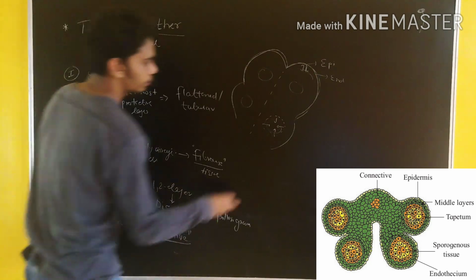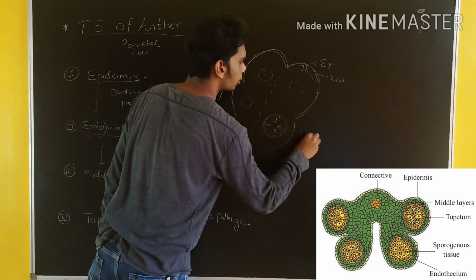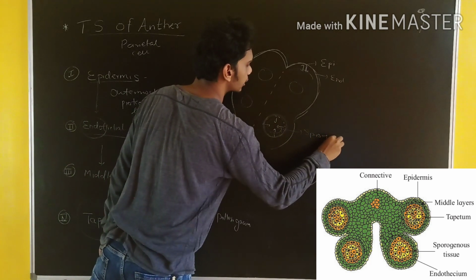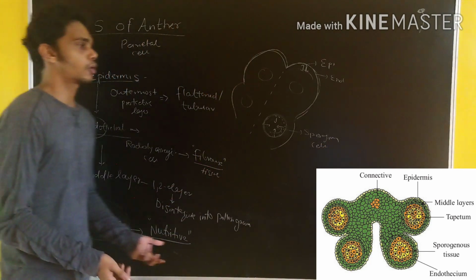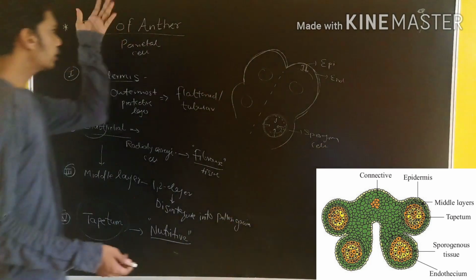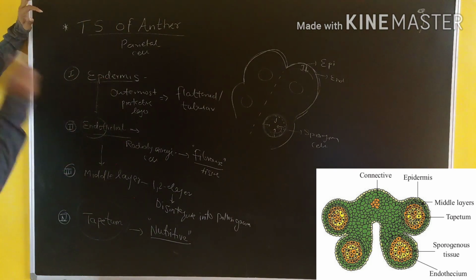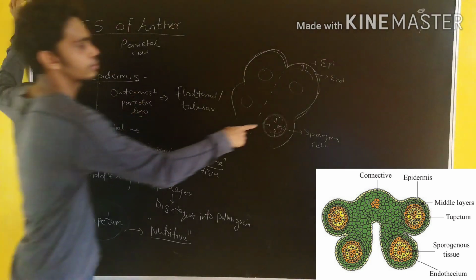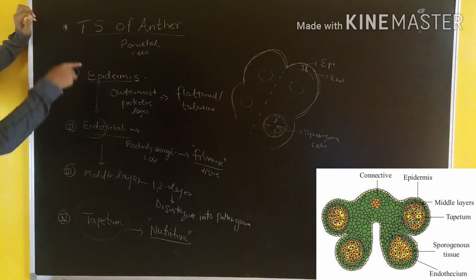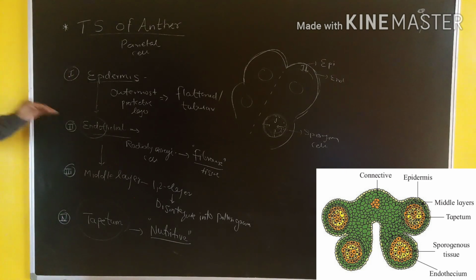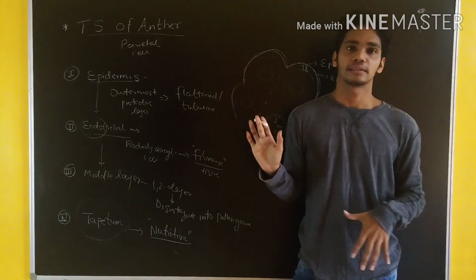Okay, so now the tapetum encloses what? The sporangium cell, also called the spore mother cell. So this is the TS of the anther, which requires four parts: epidermis. Okay, before that we have to understand what is the sporangium cell. We have to talk about 2-3 lines on that, and then we have to distinguish between the four layers: epi, endo, middle, and the tapetum. So this is a requirement for the TS of the anther.